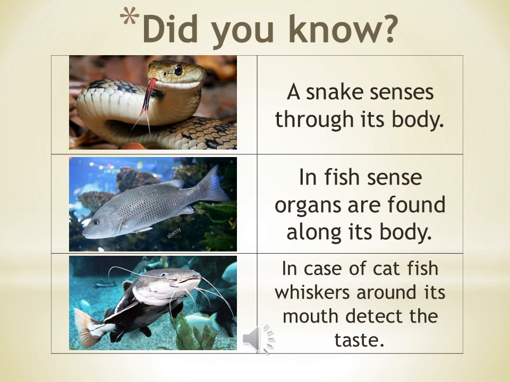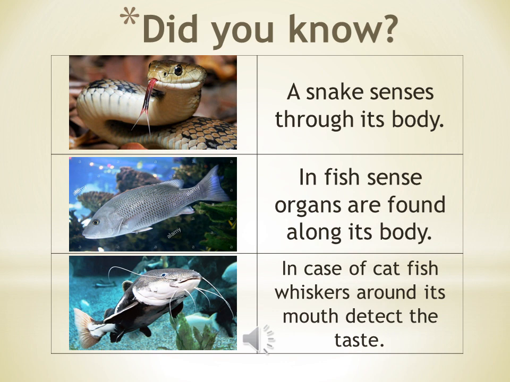Means the heat radiations or the heat emitted by the body of other animals can make a snake locate that animal. So even a blind snake can locate its prey just by the heat coming from the body of other animals. In case of fish,